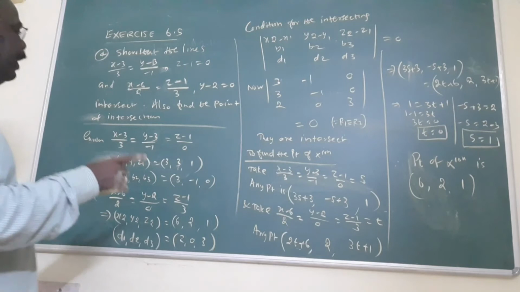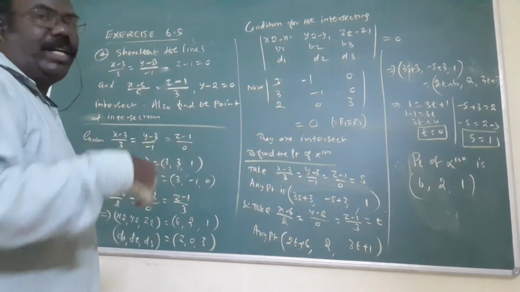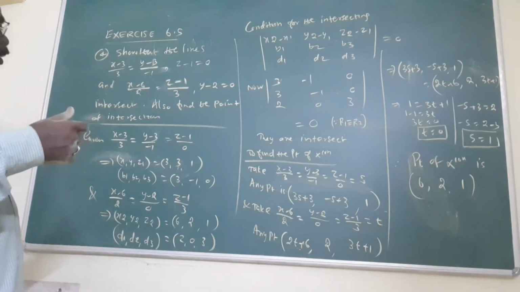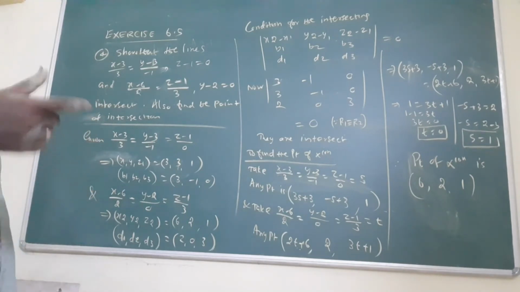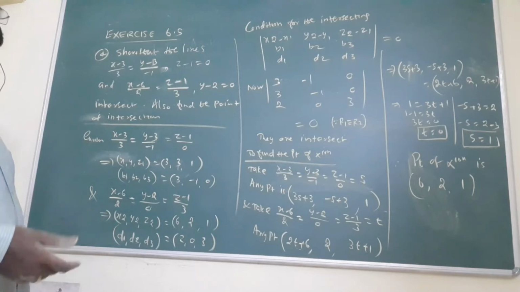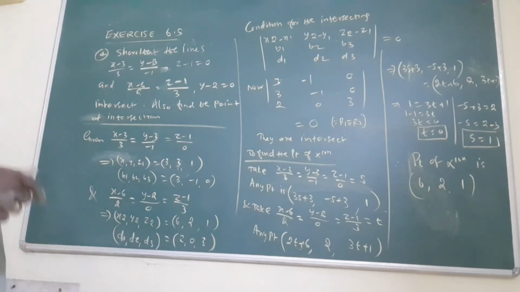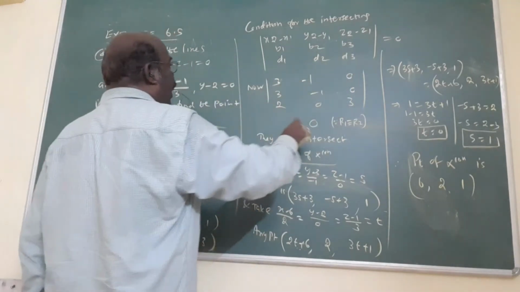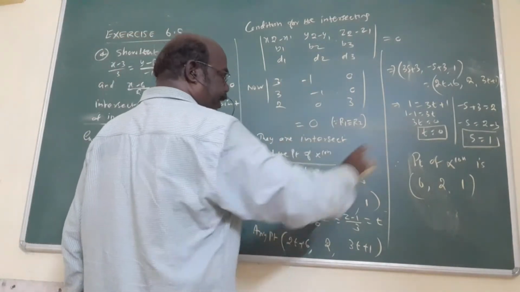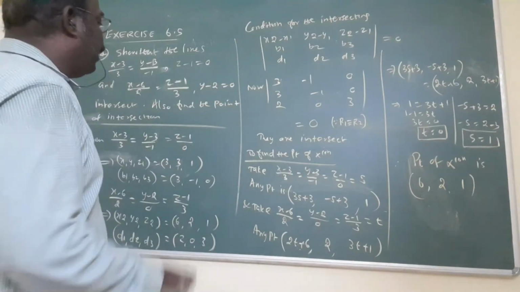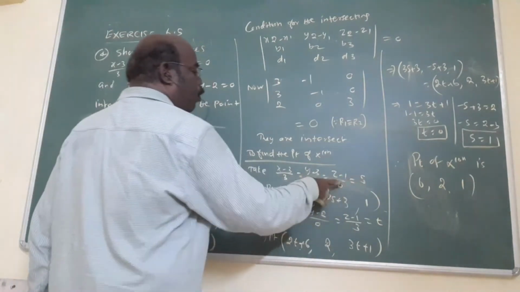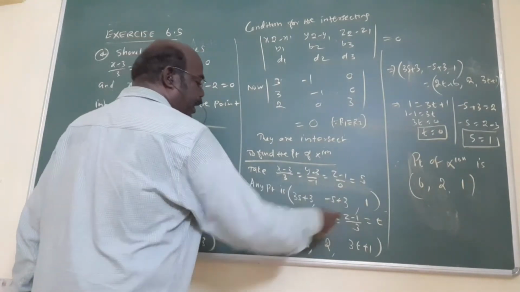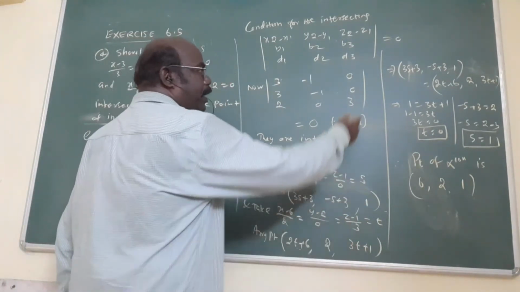That means, from the equation you will guess the values of x1, x2, x3. Then x1, y1 is 1, x2, y2 is 2, b1, b2, b3, d1, d2, 3. Then write the formula involving these values, substitute all the values, and definitely 0 is coming. Therefore they intersect each other. Then the point is given by the first equation in terms of s. From s you will find the x value, y value, z value. Similarly t, again x value, y value, z value. Both the points are equal.